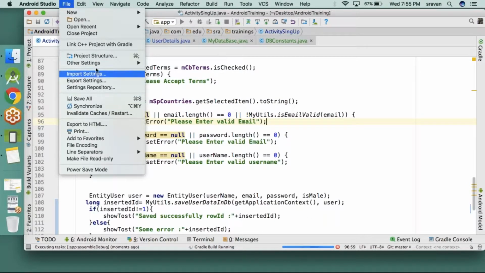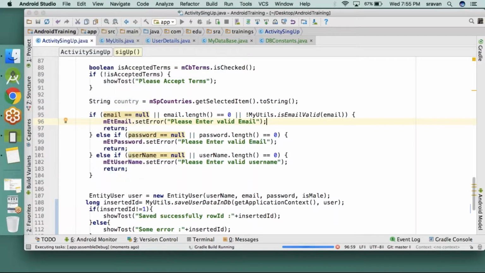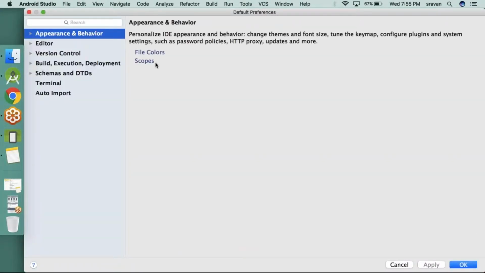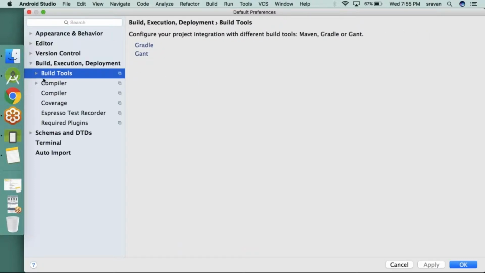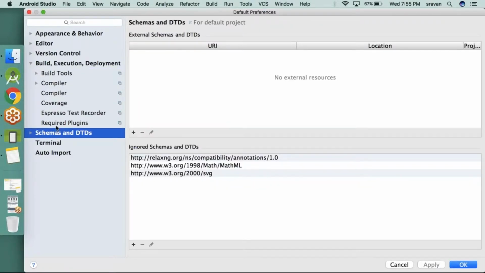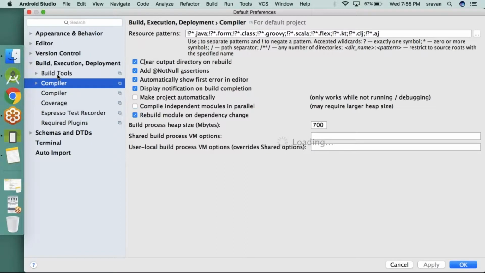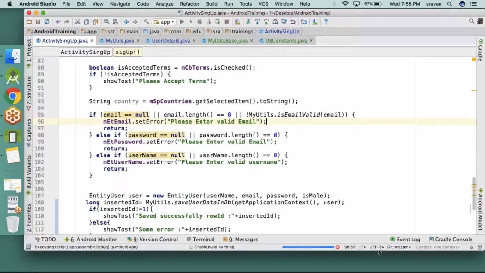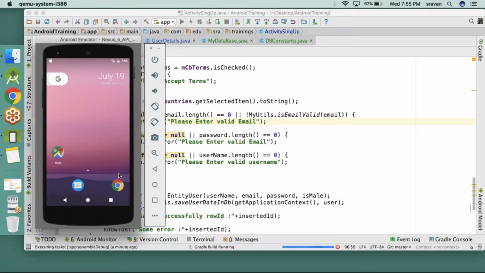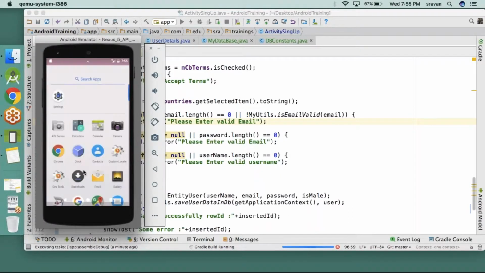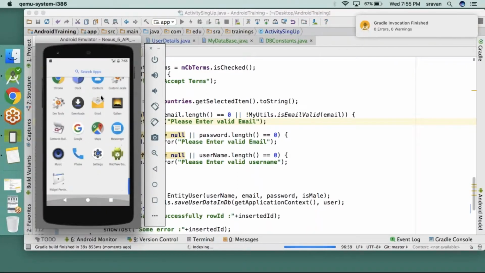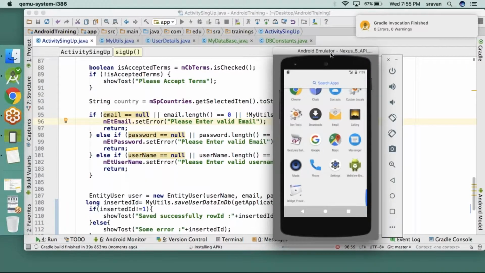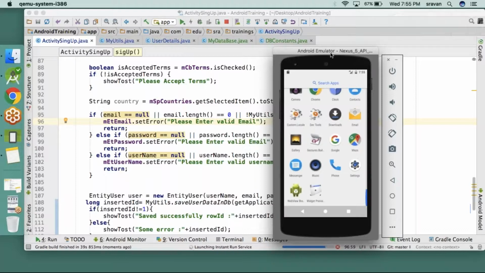See, I have run this program, it's running. Default settings. See, when I'm running for the first time, I think it should definitely show some error.